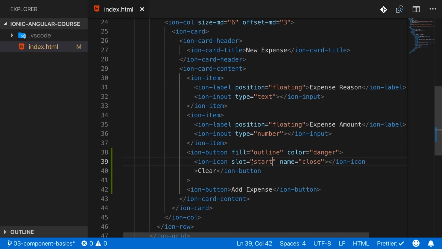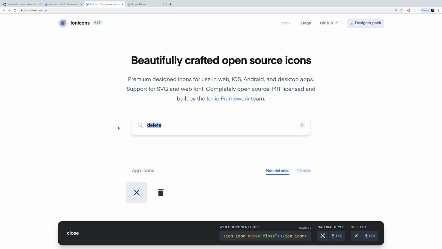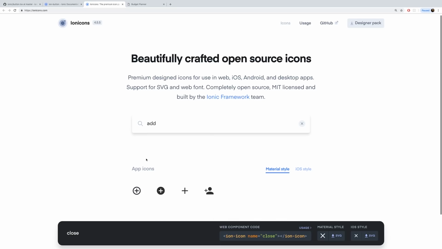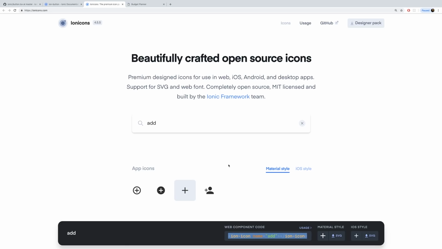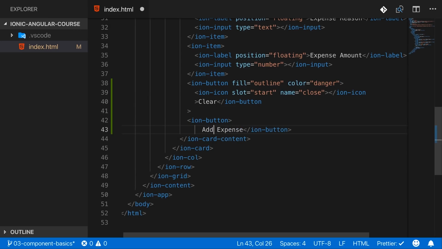Were you successful? Let's first of all find a fitting icon, shall we? So here on Ionicons, if I search for add, what about this plus button? Of course, if you used a different one, that's fine too. Now here we find the code for that, and we can just copy that from down there. And then go back to our source code, and next to add expense,